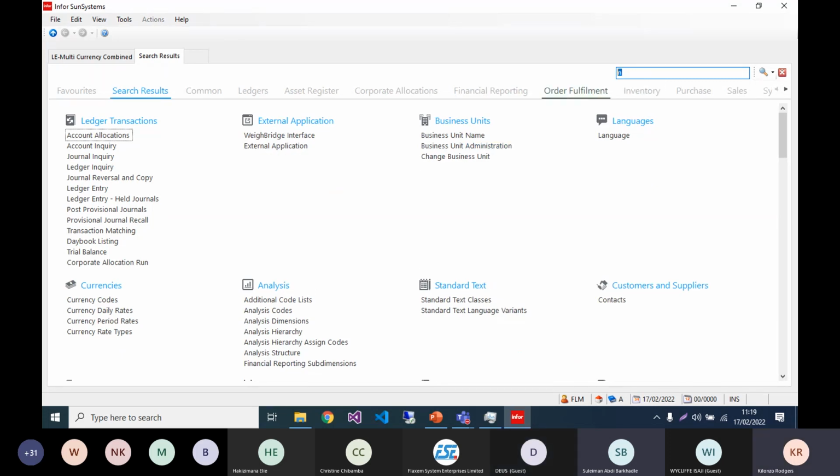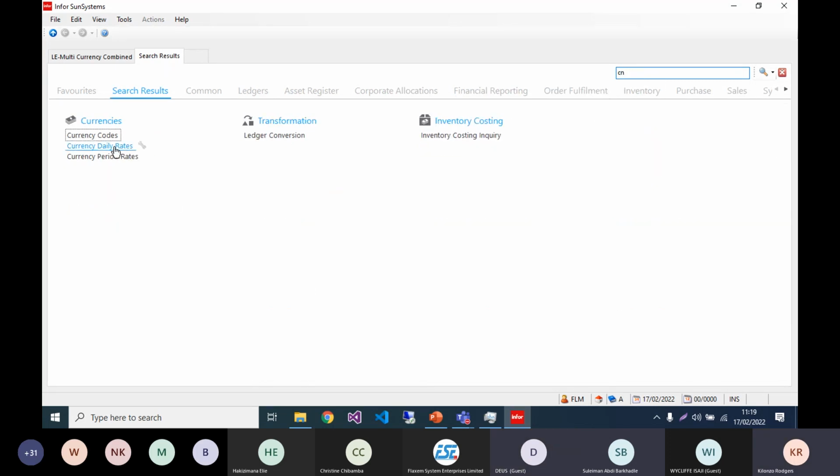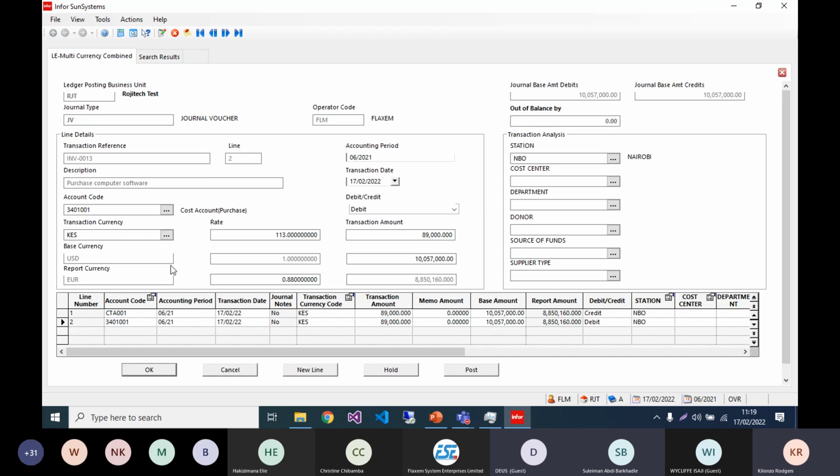So I'll set up my exchange rates. I can choose to set up the currency daily rates if, for a particular currency, the rates are changing daily, or per period if the rates are changing not daily but per period. So you can set up your weekly rates, daily rates, period rates, or yearly rates, depending on how your currencies change. So once I do my entry,